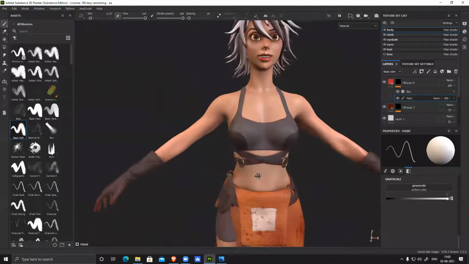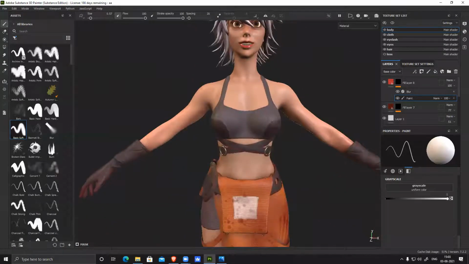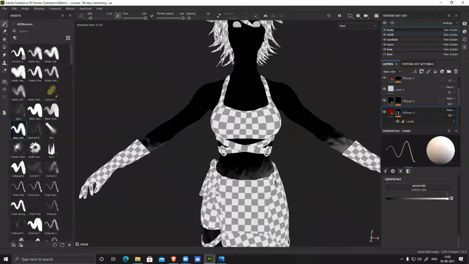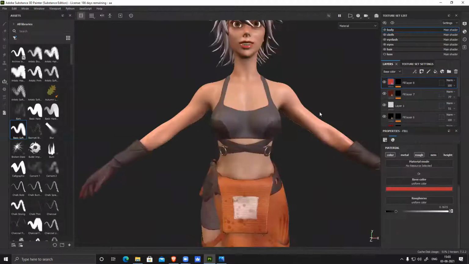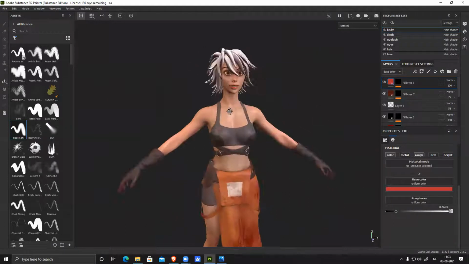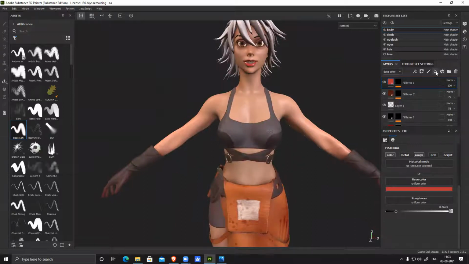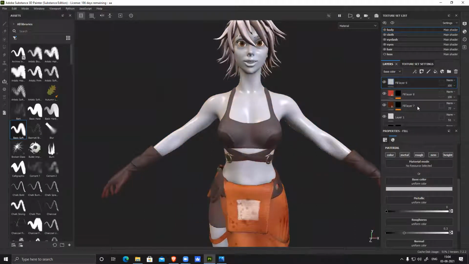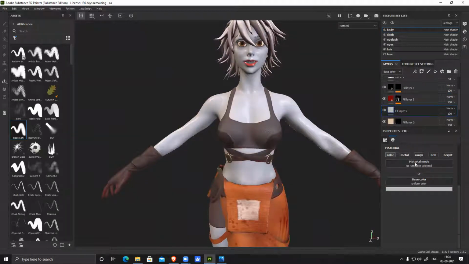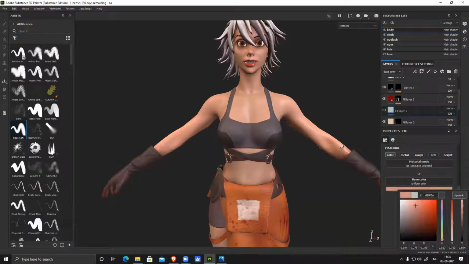And now my skin overall, you can see this is so because of that blood. Only because of that. But overall, my skin is the same tone. There is not much variation. So I need to add some amount of variation. So what I'll do is add one layer under this blood and all. Only color. Take this color slightly dark.